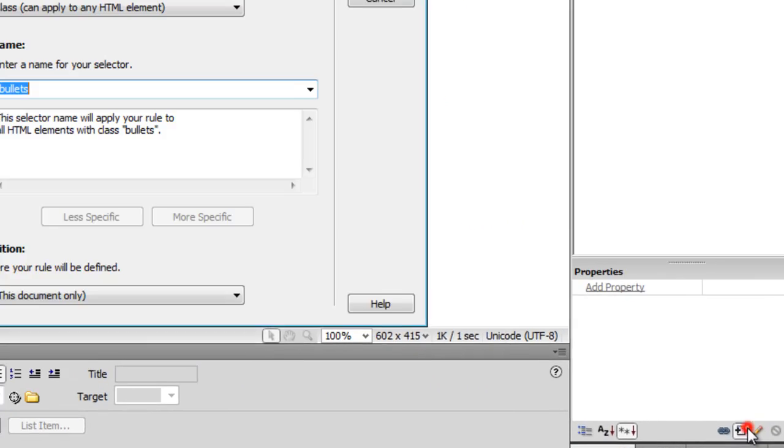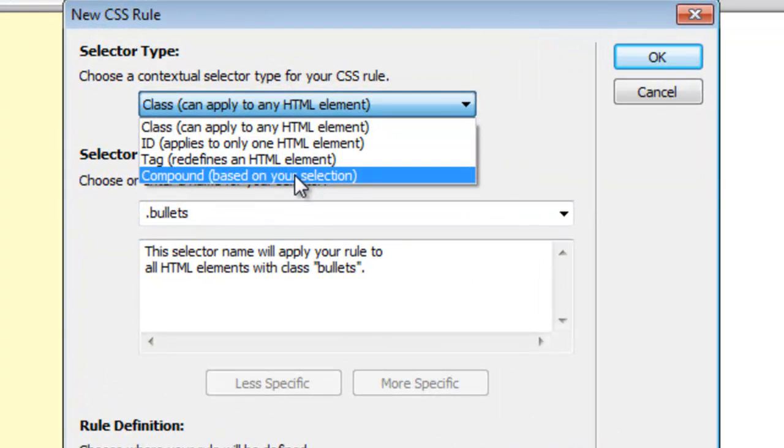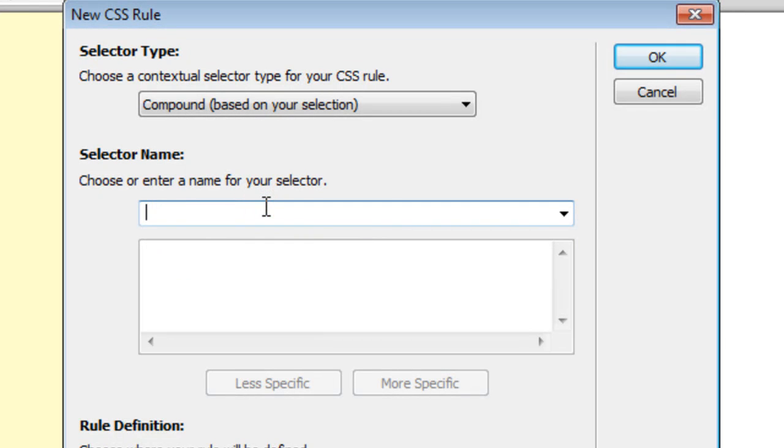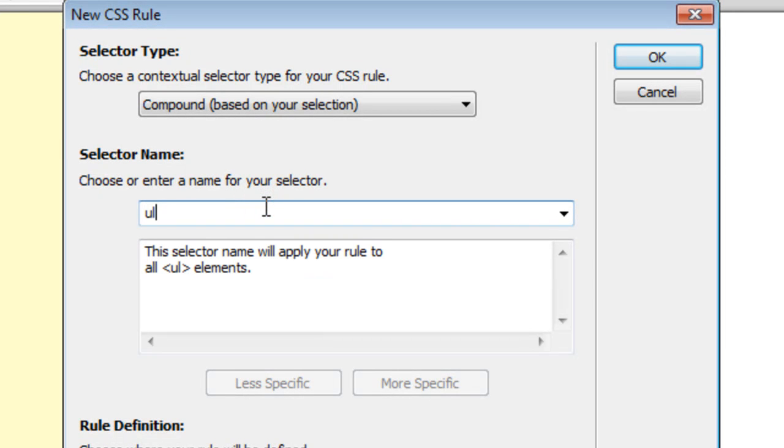Then let me go to the new CSS rule, drop down the contextual selector to a compound, which will be based on my selection, and my selection says that I want all the UL elements which have the class